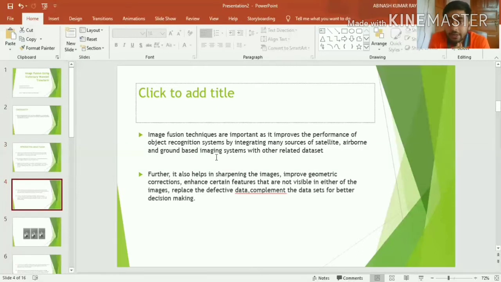So it can be used in object recognition systems. As in deep learning also, our model will train better if, before feeding the images to the model, we pre-process them, and we can use these techniques as a pre-processor. Given two images, we can apply these fusion techniques.